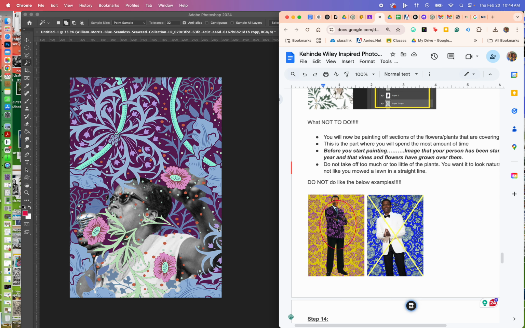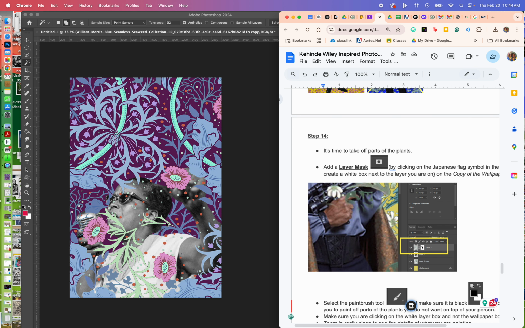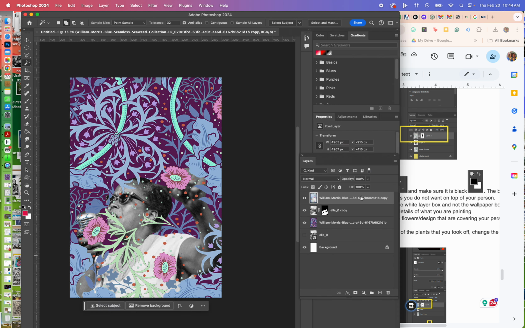We don't want to have it where the flowers cover all of the person, and we don't want to have just the flowers in the background. Those are two wrong things. We're going to meld the flowers together with my person. So to do that, we're going to put a mask on the flowers. So I'm going to put the little Japanese flag, and I'm going to take the paintbrush tool,